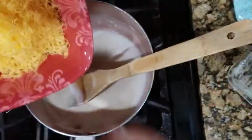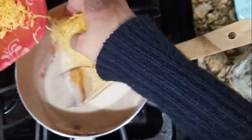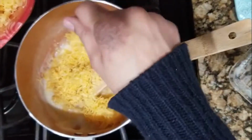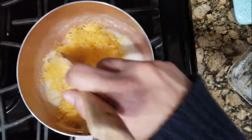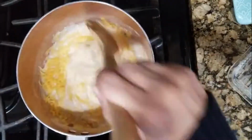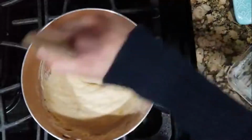And then I'm going to add my cheese into this mix. I'm actually going to reserve a little bit of cheese to top off my nachos, just to hold the chicken and the vegetables together onto my nachos. And so there you go. I'm just gonna mix it in. And you can actually make this as cheesy as you want. I'm just not gonna go overboard. I do love cheese, but